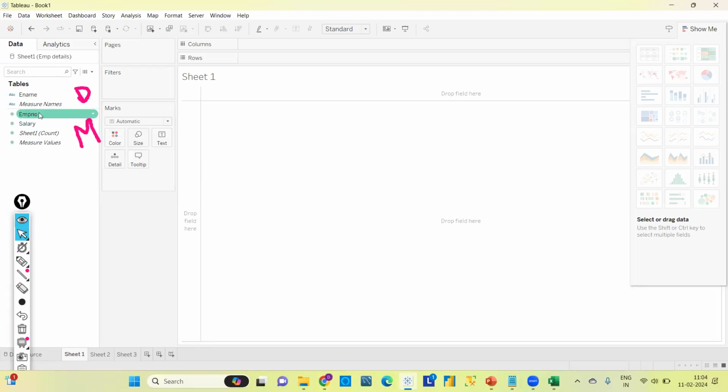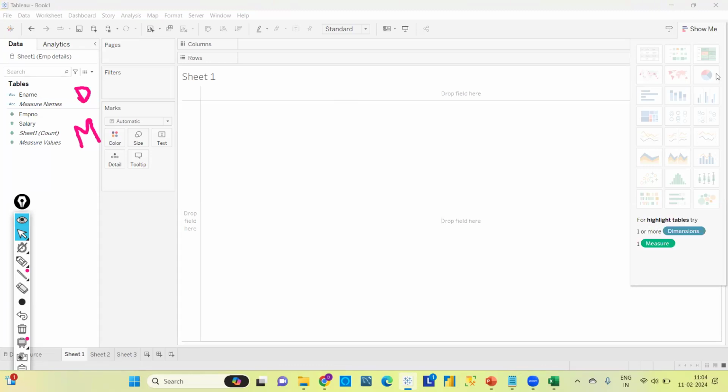In measures you can see employee number and salary, both numerical data. Apart from numerical data, all remaining columns come under dimension, whether string, date data type like year and month, or geographical data type like location. We will see those later. For now, we have only 2 data types, converted into dimensions and measures.